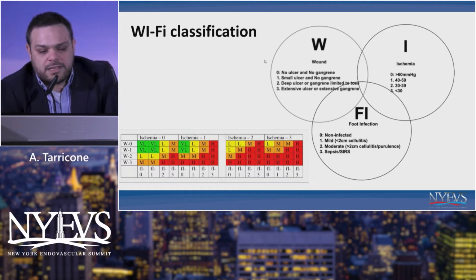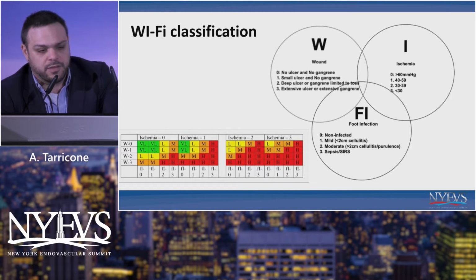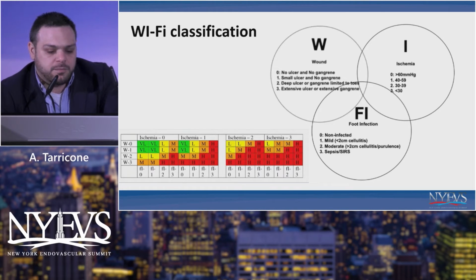So one of the classifications that I think is very important, this was touched on earlier by Dr. Singla, is the Wi-Fi classification which looks at wound ischemia and foot infection. This is kind of modeled off of the tumor, node, and metastasis model. And what's important about this is you can actually see there's 64 categories here,